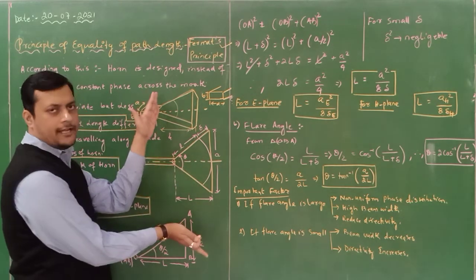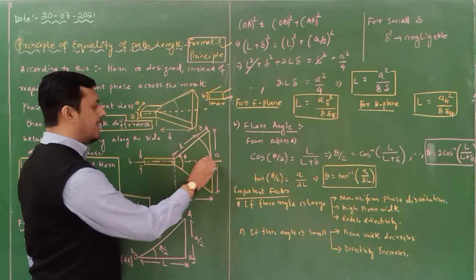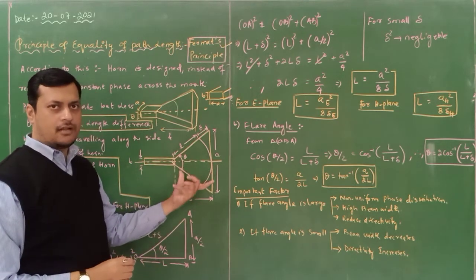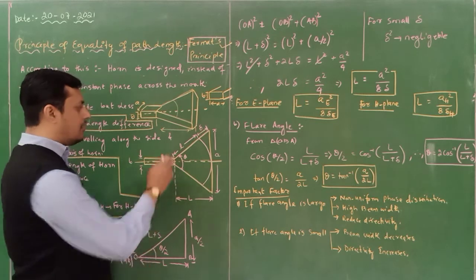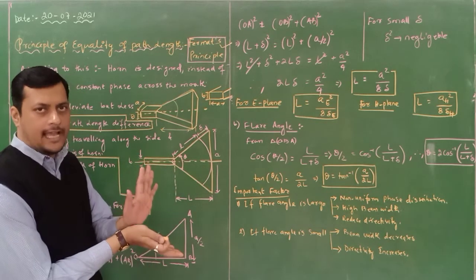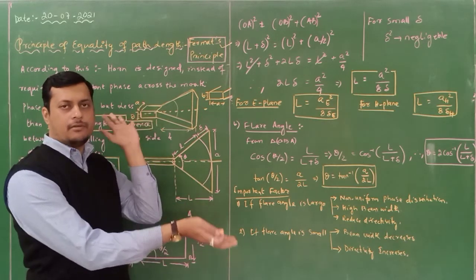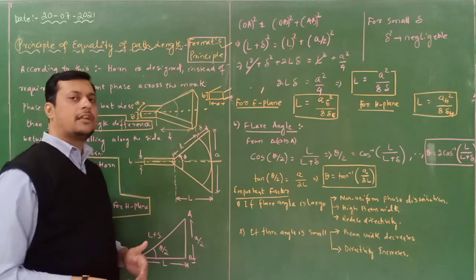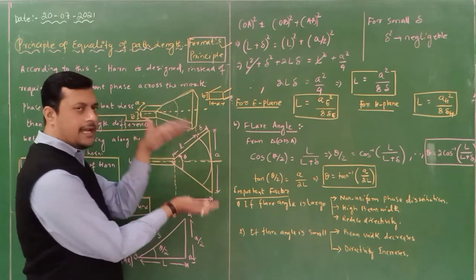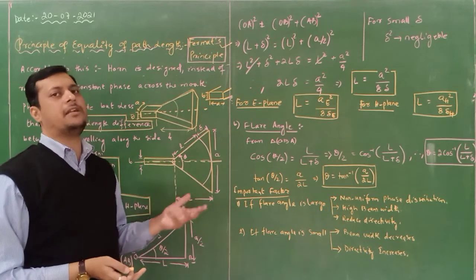And here it is flaring out. So this flaring out has the axial axis. This is called the axis of that particular horn antenna, in which there is an angle that is called the flaring angle. If the flaring angle is more, the phase distortion will be more. Non-uniform phase will come. Okay, but if the flaring angle is less, a uniform distribution of phase can be achieved.